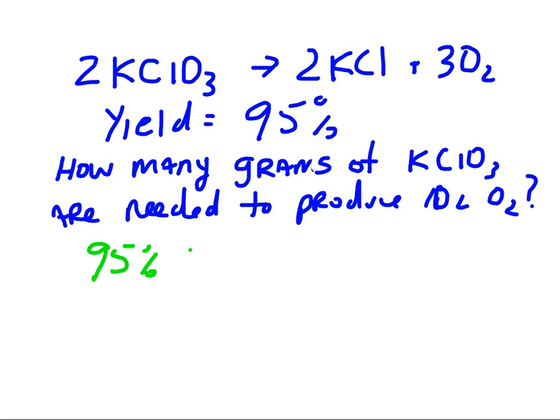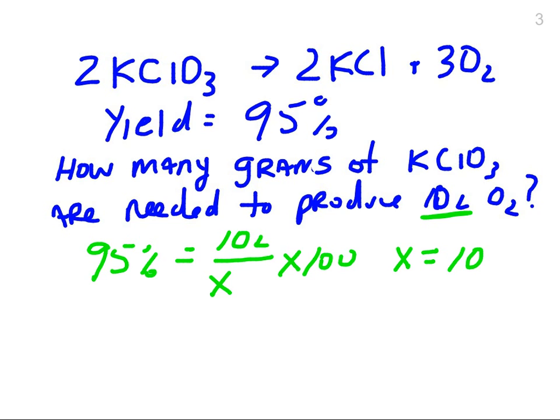So that's going to equal an experimental amount. Well, the experimental amount is the 10 liters. That's what I'm looking for. So it's 10 liters divided by the theoretical, which is what I need to calculate, X there, times 100. And that's kind of confusing, but the way you got to look at this is when the reaction takes place, 95% of it is going to produce the product, and the product is 10 liters. So I have to figure out what the theoretical amount would be. So solving for X right here, the theoretical yield that I'm going to need turns out to be 10.5